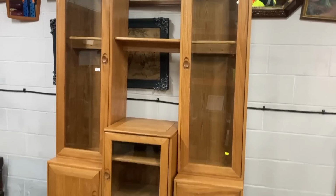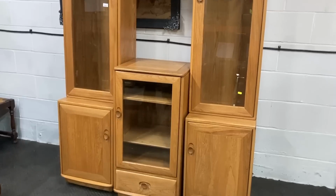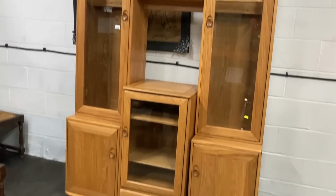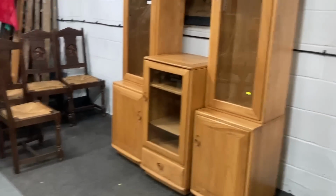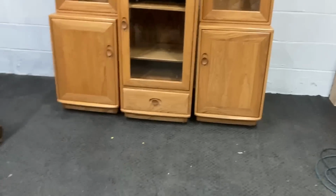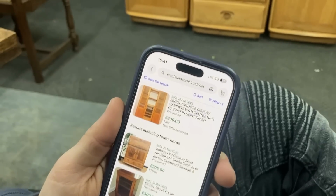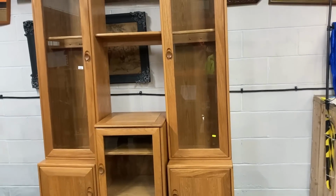So we got this, which is Arco. That middle piece is for stereo. I reckon that's a £600 to £700 item right there. There's someone asking for one similar for like 1,300, not on eBay. Oh, we got some shelves for it there. There's one sold on eBay, but it went for a best offer on a bid, £300. Oh, you found the same one? But that's collection. Yeah. So I reckon £600 to £700 because we're doing it as a buy it now and offer,